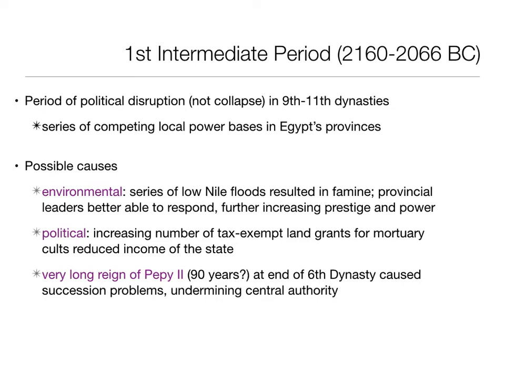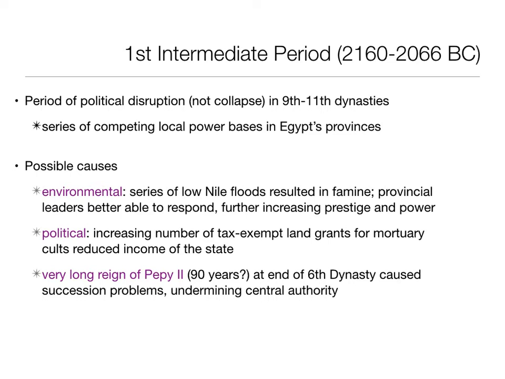And in a lot of these crises, as we're seeing with the coronavirus, right, it's the local leaders that seem to be taking the reins and doing a better job of responding, where the national leadership is floundering. And so in the Old Kingdom, these leaders are able to respond to local circumstances, and this cements local allegiances, and they're able to take prestige and power away from the pharaoh and build those power bases. So there's a weakening of the central state.